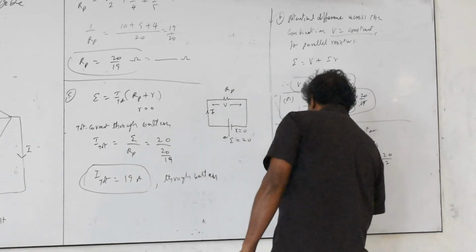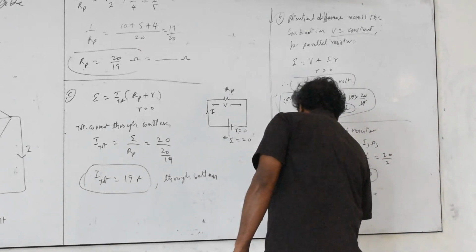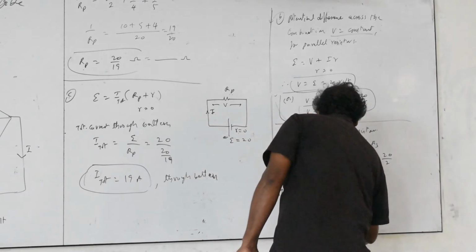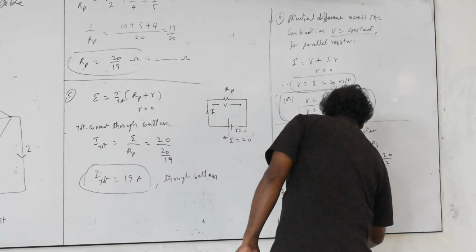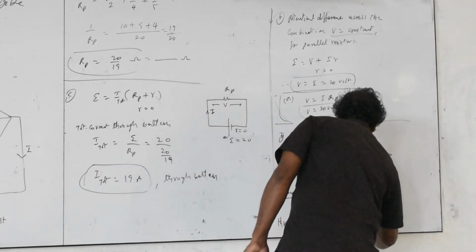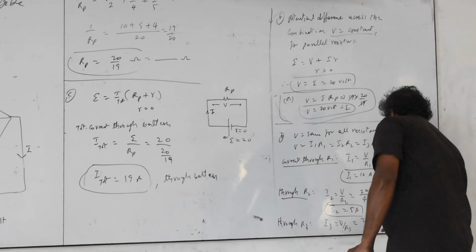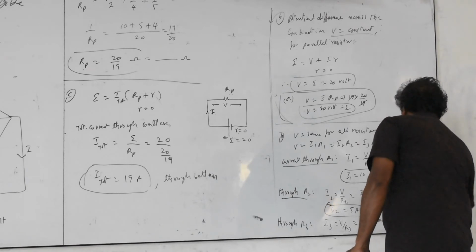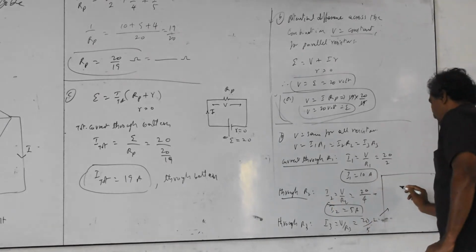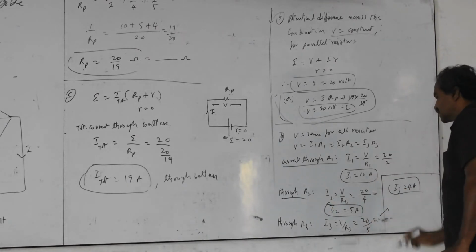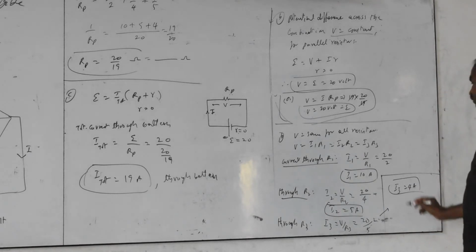Next, through R3. I3 equal to V by R3, 20 by 5, which is equal to 4 amperes. Here I3 equal to 4 amperes is the result. Addition we can check up. I is supposed to be equal to, for verification only,